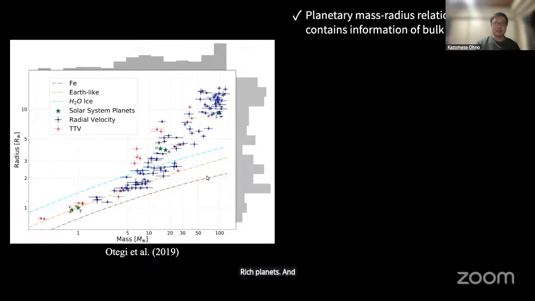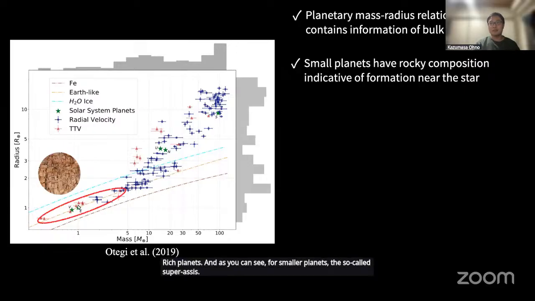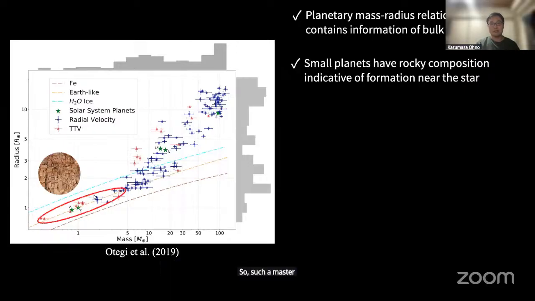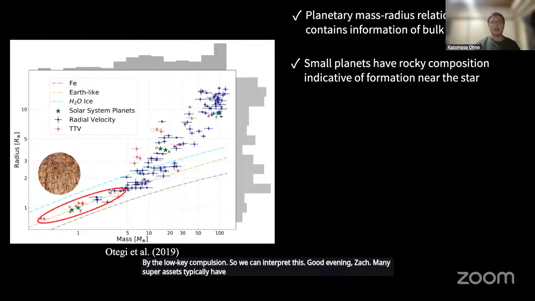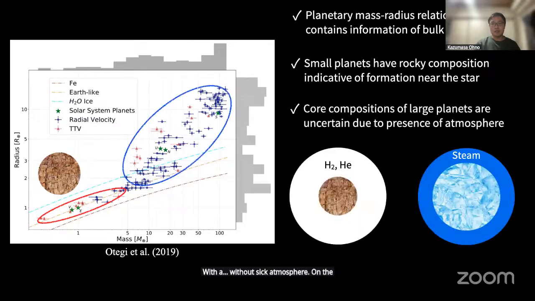As you can see, for smaller planets, the so-called super-Earths, the mass-radius relations can be well explained by a rocky composition. So we can interpret this agreement as many super-Earths typically having a rocky core without a thick atmosphere. On the other hand, if we see